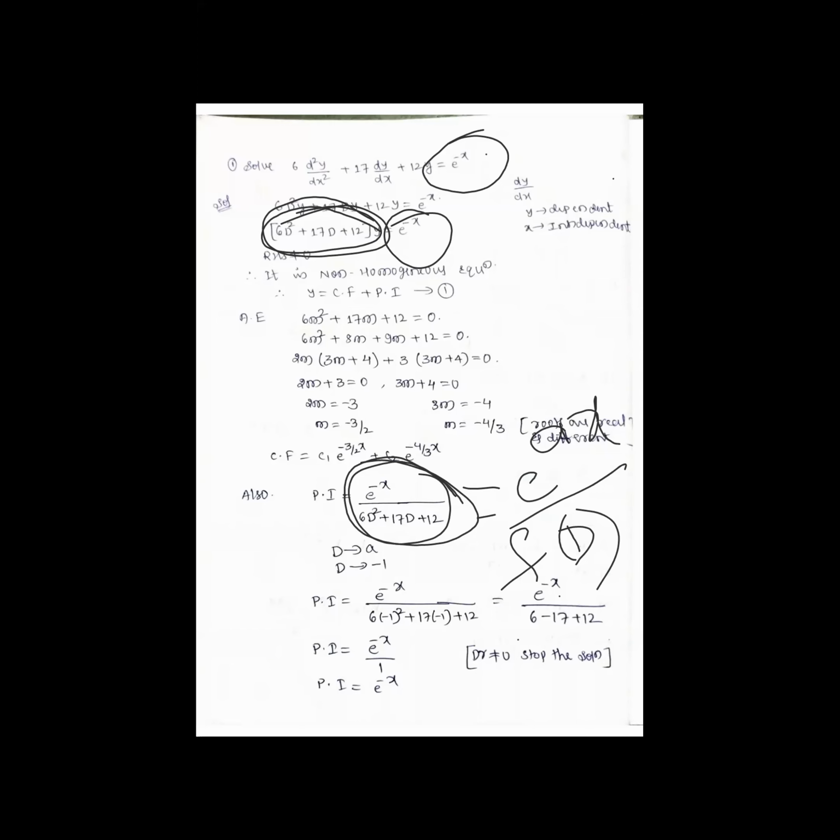So e raised to minus x divided by 1 will be e raised to minus x. This is what we have to get, the particular integral. If here the denominator were equal to 0, I would have multiplied it by x and continued. But here it is not so. So now what I will do is that,